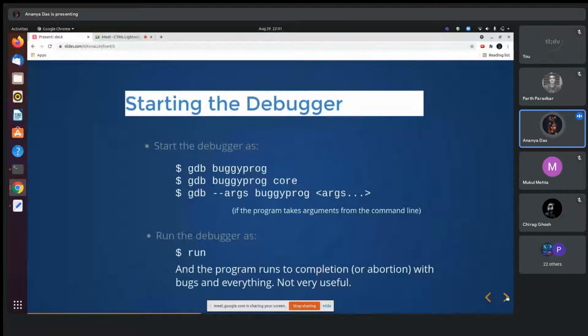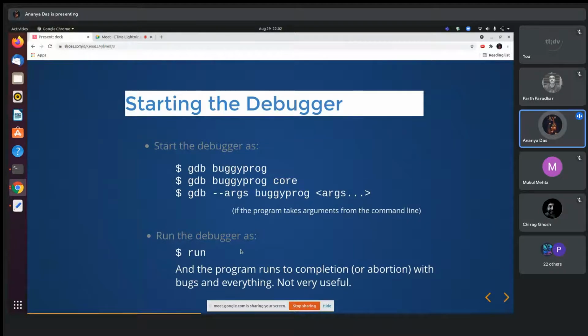So now how to start the debugger? We can start it by just giving the command gdb buggyprog over here. I'll just briefly talk about this: there's this really irritating error called the segmentation fault. This error can happen because of many reasons. It generally has to do with accessing memory that is not allowed to be accessed. Actually, segmentation fault is the reason I got to know about GDB. I was searching for ways to debug this segmentation fault, on Stack Exchange and similar sites, and I got to know about GDB. So I thought I would mention it here.